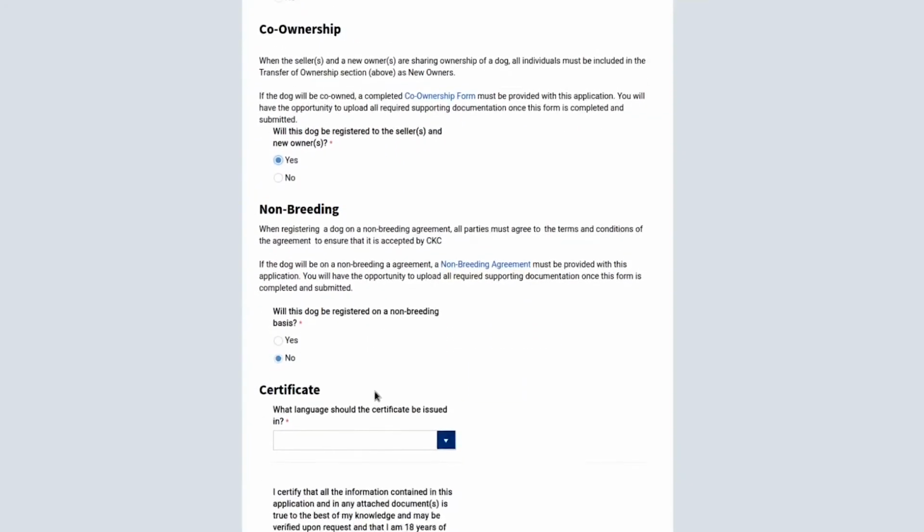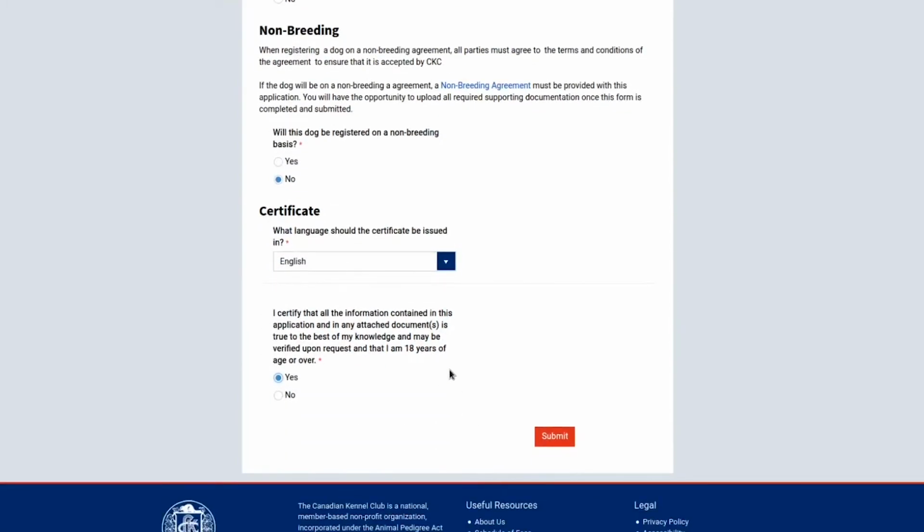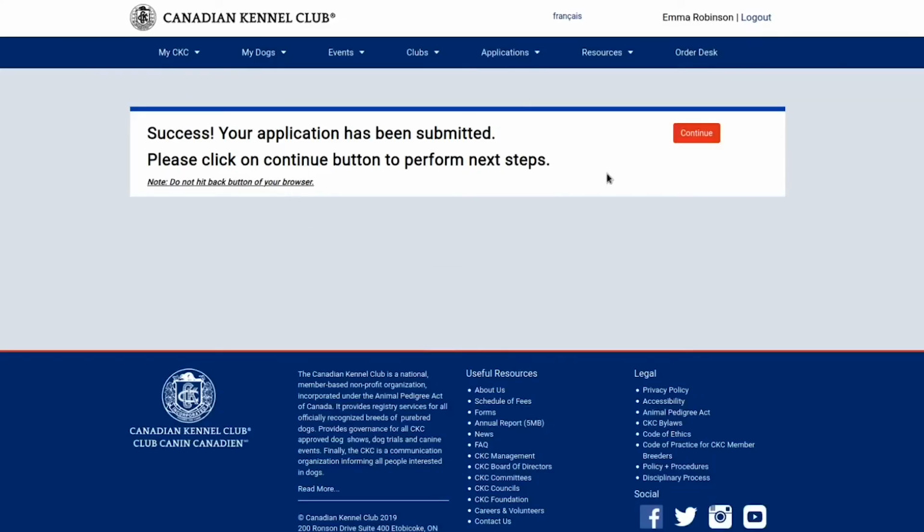Select whether the dog is sold on a non-breeding agreement, and then choose your language preference for the certificate. Certify accuracy and age, and then make sure you review the application for accuracy because you will not have the opportunity to do so after clicking on Submit. Click Submit, and when you receive the success